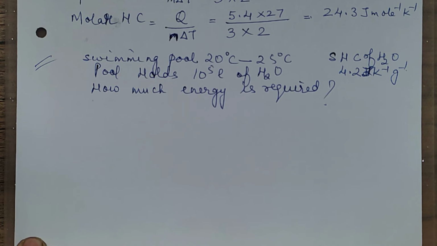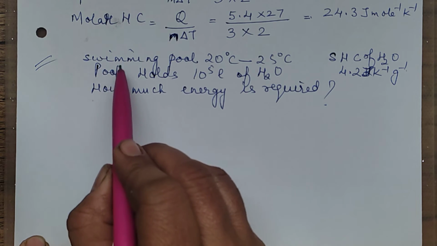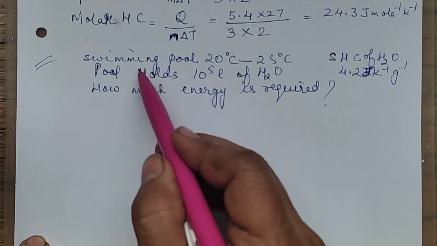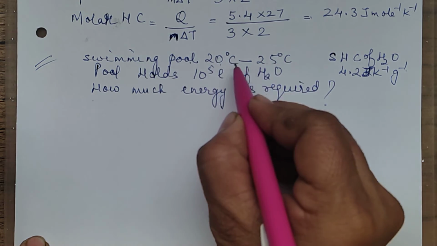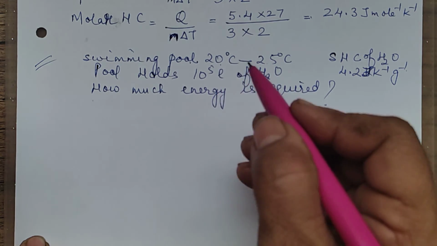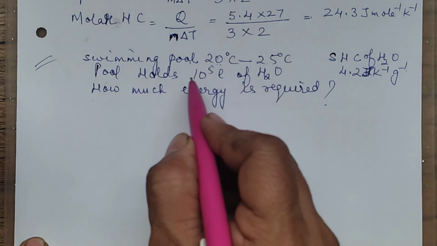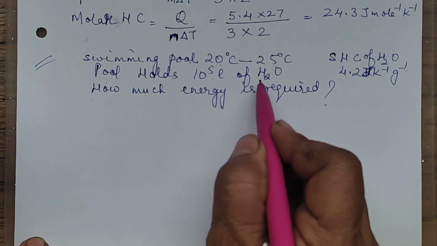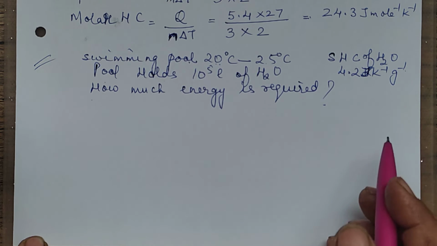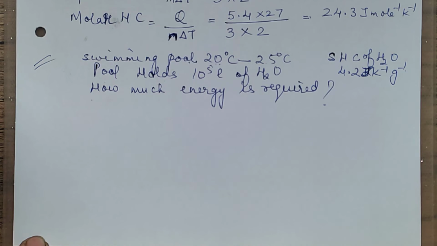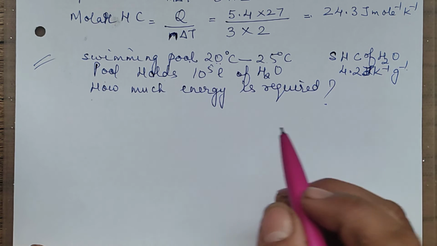So moving on to the next question. Suppose it is required to raise the temperature of a swimming pool from 20 to 25 degrees Celsius. We want to increase the temperature of the water in the swimming pool from 20 to 25. And that pool holds 10 to the power 5 liters of water. How much energy is required to do so? If the specific heat capacity of water is 4.2 joule per Kelvin per gram,